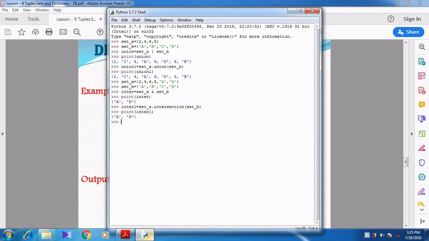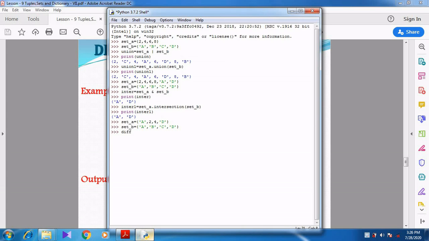Let's see this. set_A is equal to 'A', 2, 4, 'D'. Then set_B is equal to 'A', 'B', 'C', 'D'. Now all the values are stored in set A and set B. I am going to do the difference.